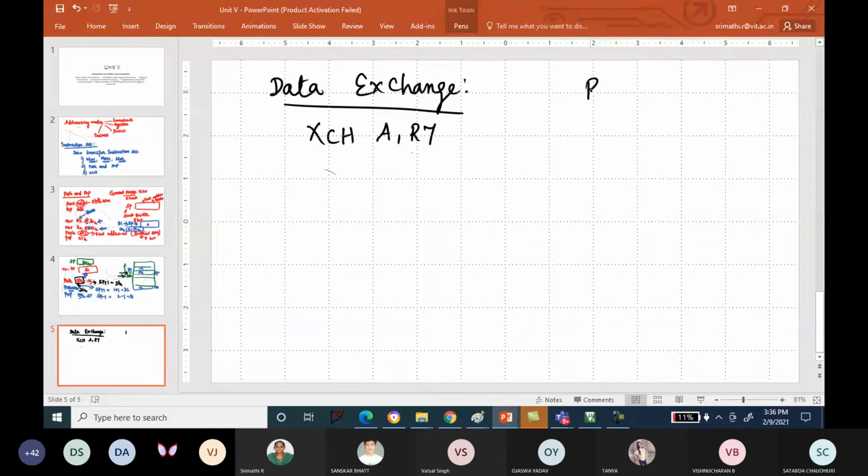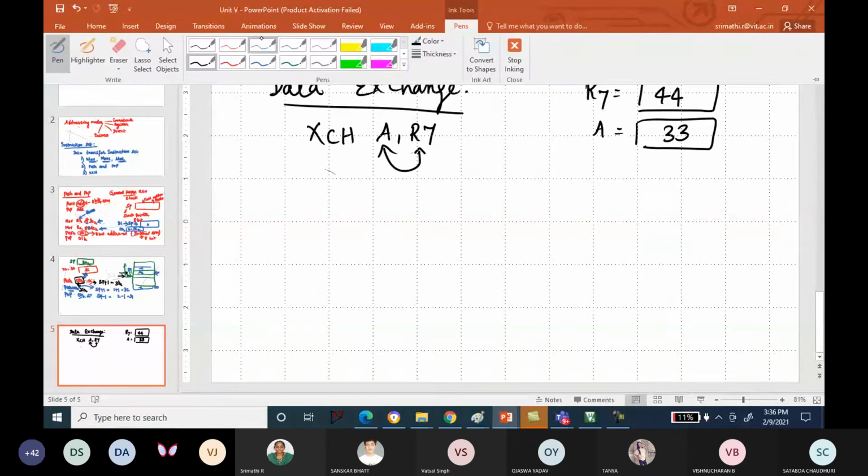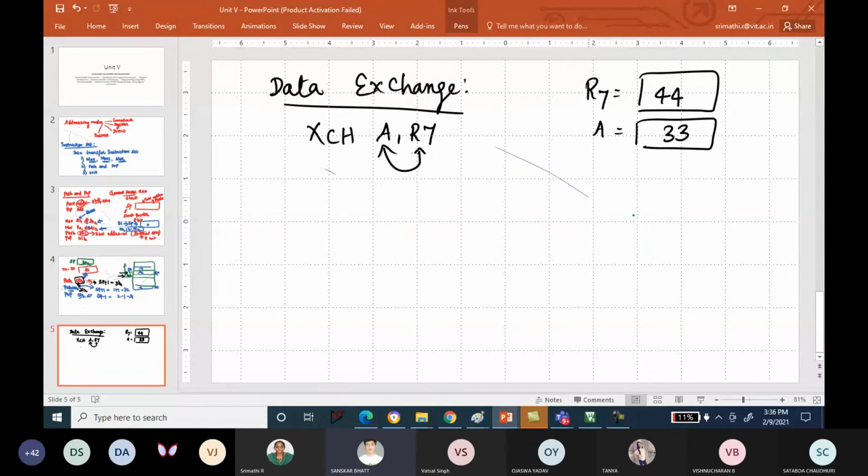After executing this instruction, what will be there in A? It is exchange. What will be there in A, and what will be there in R7? Any idea? R7 will be having 33, and A will be having 44. Okay, that is your exchange. And the general format,